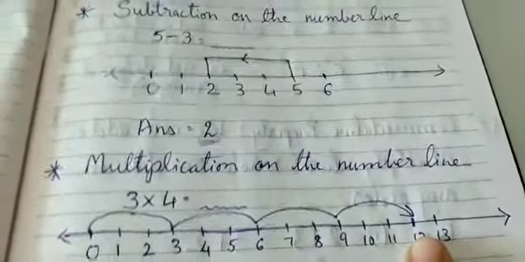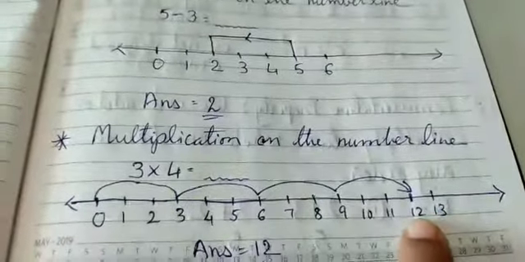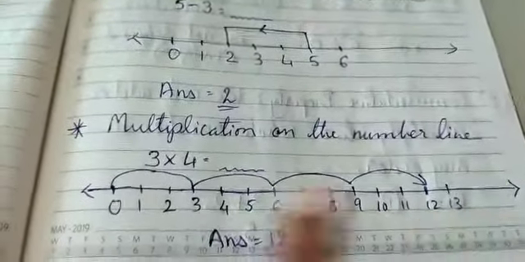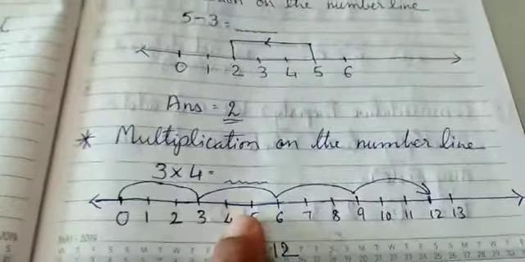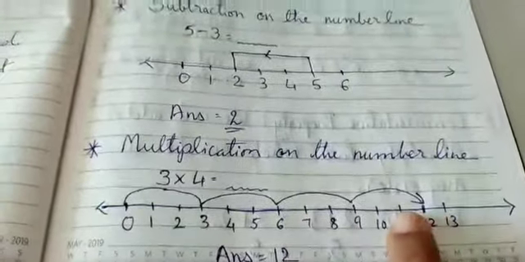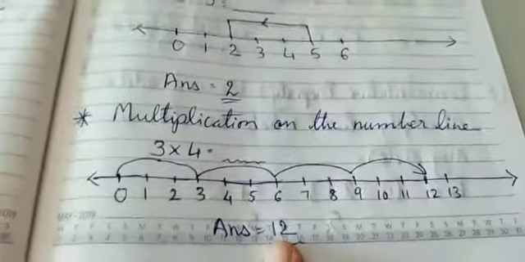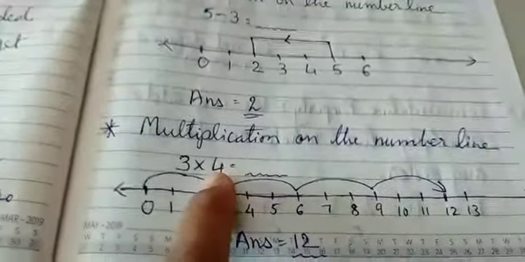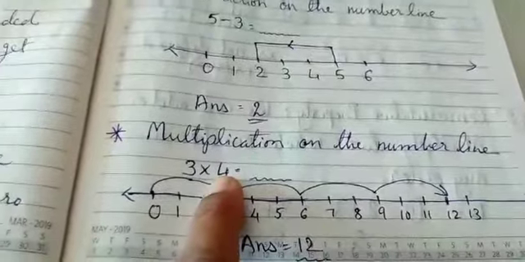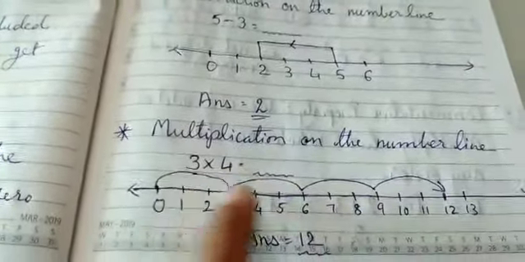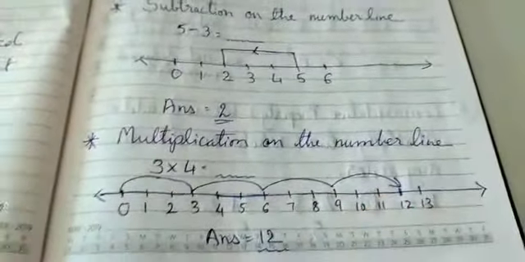चौथी बार लेने पर हम कहाँ पे पहुँचे? We reached 12. Okay, first time, second time, third time and fourth time. That gives you 12. Okay, if I write 5 in place of 4, then this grouping you have to take how many times? 5 times. You have to take 5 times.